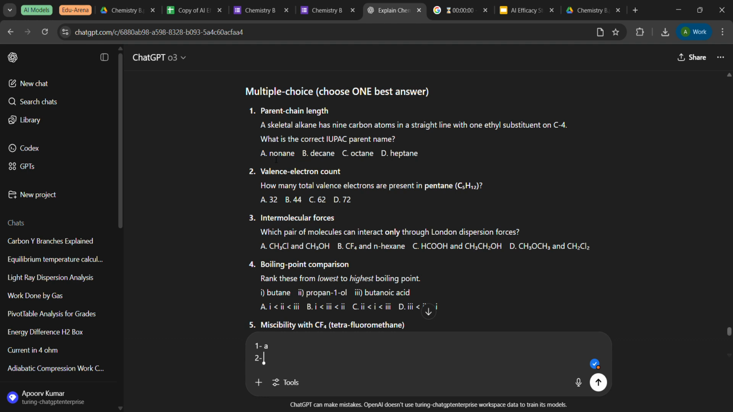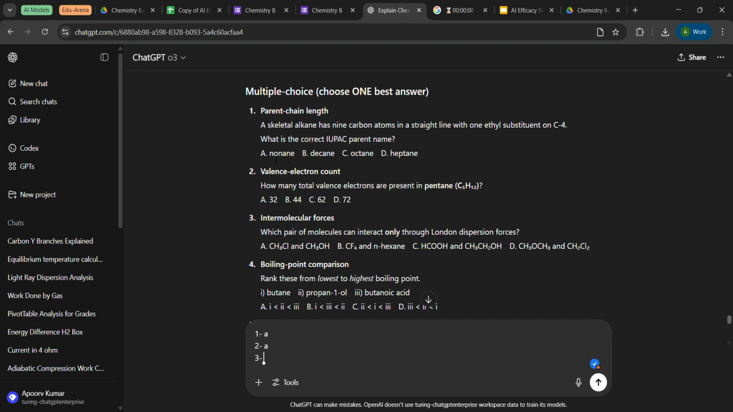And for the second, valence electron count of C5H12: each carbon atom contributes 4 valence electrons. That means 5 fours are 20, plus 12, so 32. That means A. Next,